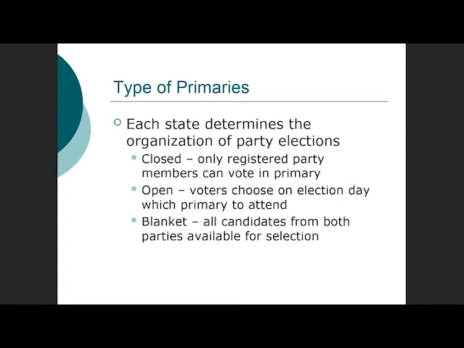They've got, okay, we had 40,000 people in this county say that they're Republicans, so we're going to have 40,000 Republican ballots. And we had 40,000 Democrats, we'll have 40,000, right? They'll know. In Texas, they don't know. They know how many people are registered, so they know how many people could show up, but they don't know which ballot they're going to request until they get there. So those are the two main ways of approaching organizing and running a primary where you're going to vote for party members.